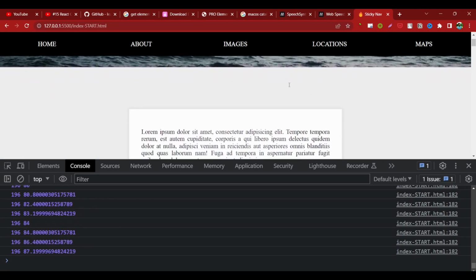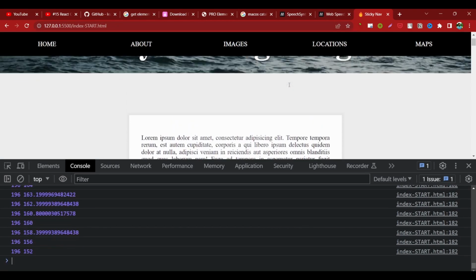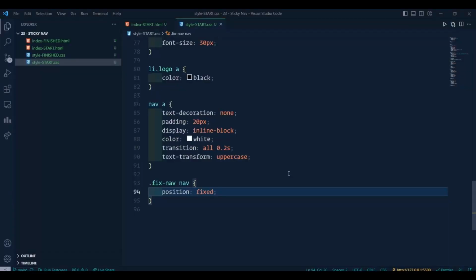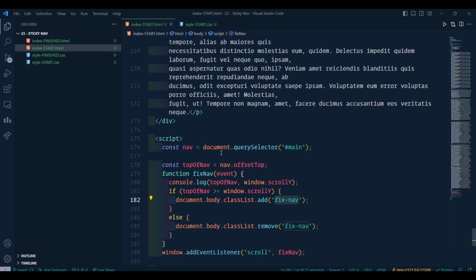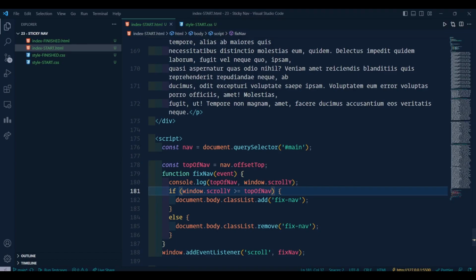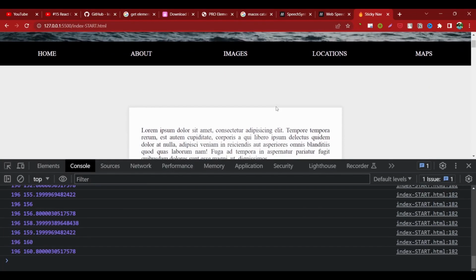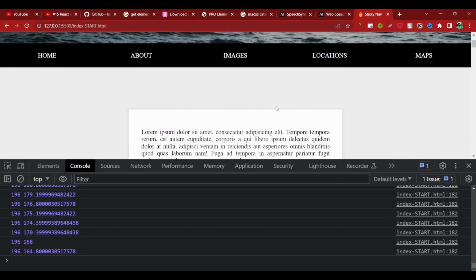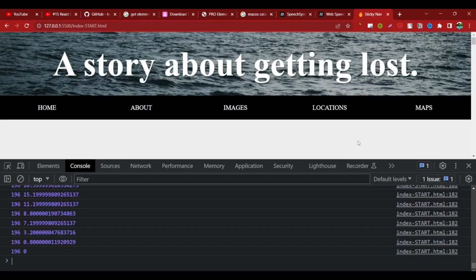No, it is not actually working. Let's see why. So basically this should be here, and now it should work. Yeah, it is now working,